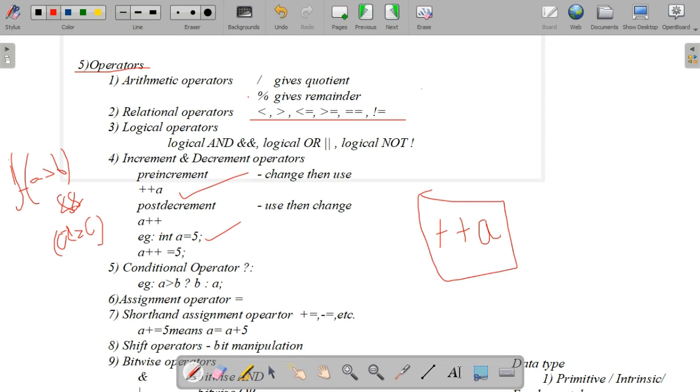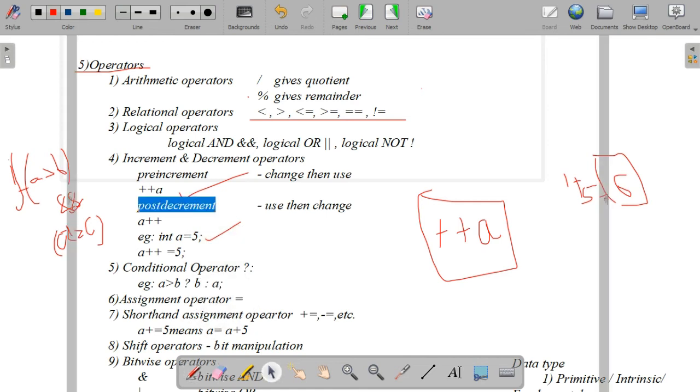For example, a equal to 5. Then what is the value of ++a? Pre-increment follows change then use. The value of a is 5, it is increased by 1, so now the value of a is updated to 6. So it will use the value 6.